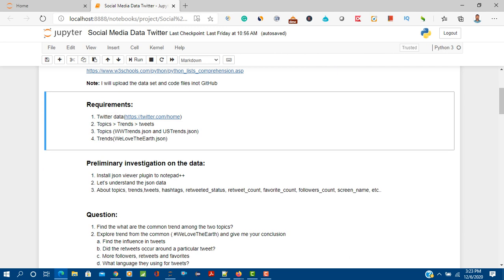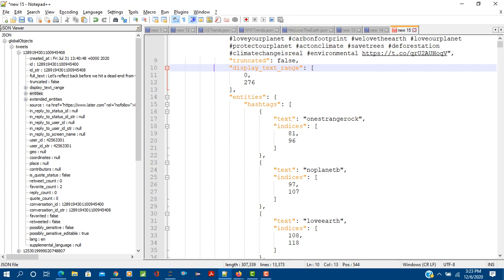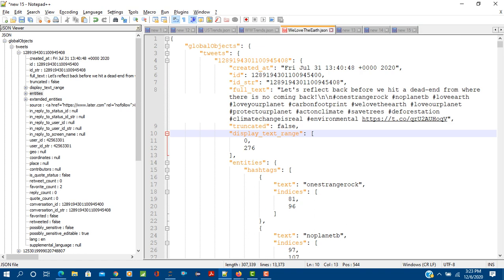So first, here I wrote the preliminary investigation. As I said, please install Notepad++. On top of that, add the JSON viewer plugin, so that you can see this in this format. And also today we are working on one topic